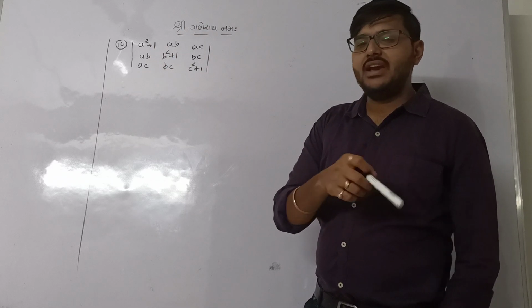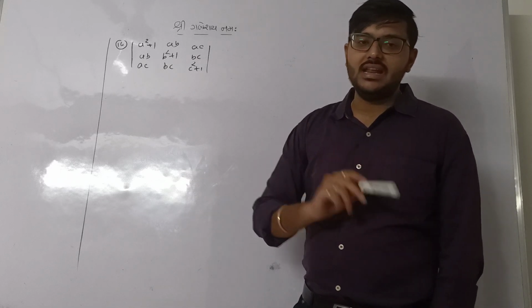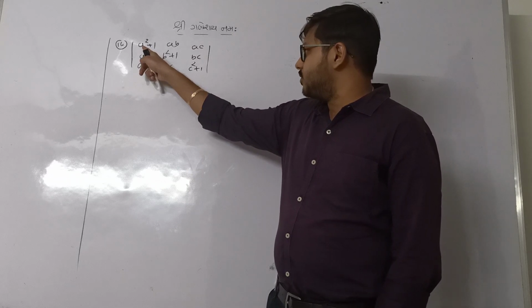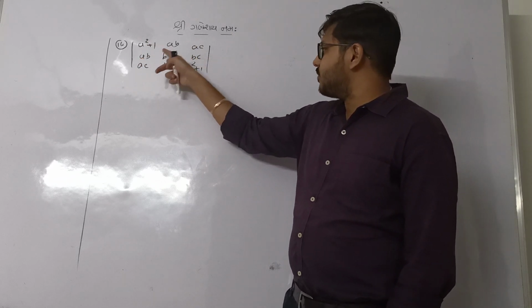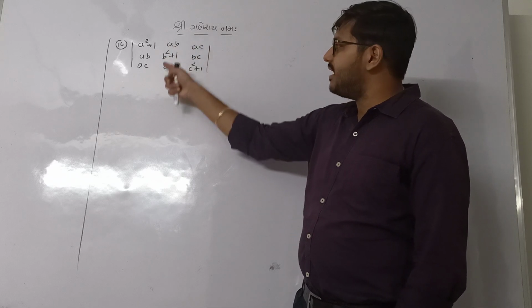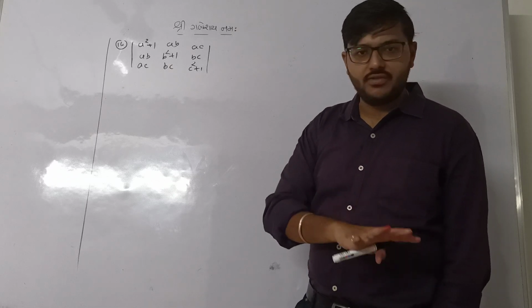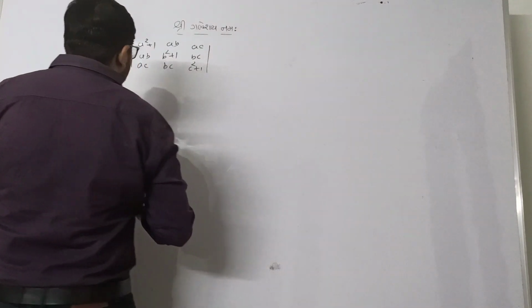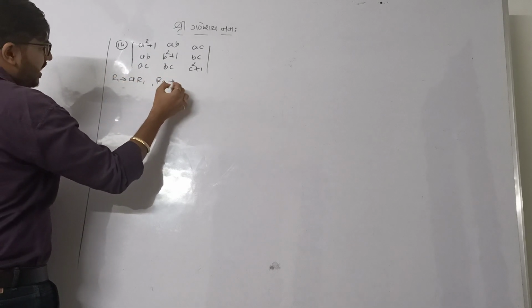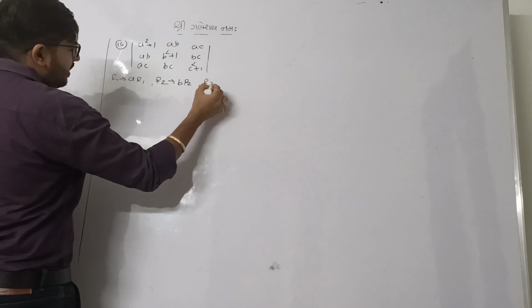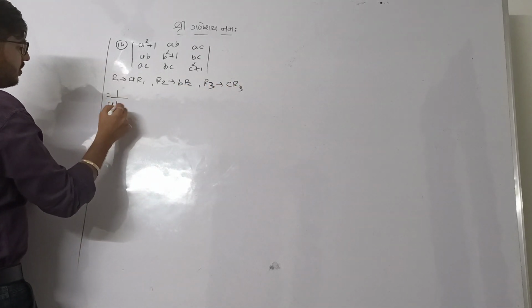The only reason why we have to apply this rule is to get a square, b square and c square in all the elements, because just check, there is only a square, b square and c square in the principal diagonal elements, right? So we need to get a square, b square and c square kind of elements in the remaining 6 elements. So for that purpose, we have to apply these 2 rules, either of one. Okay, so first of all, I'll go with the first row multiply A, second will multiply with B, and third will multiply with C. Okay, and as we multiplied, we have to divide also.